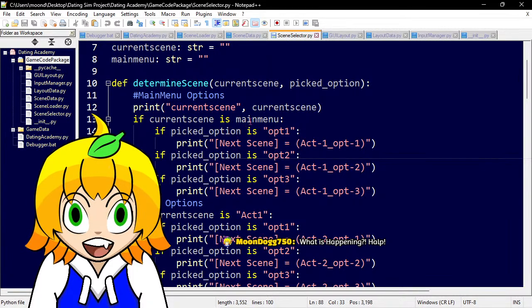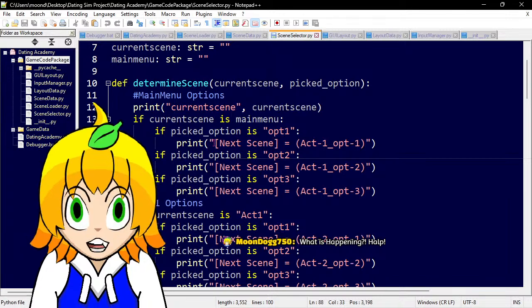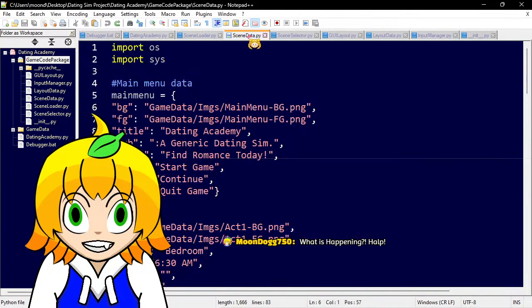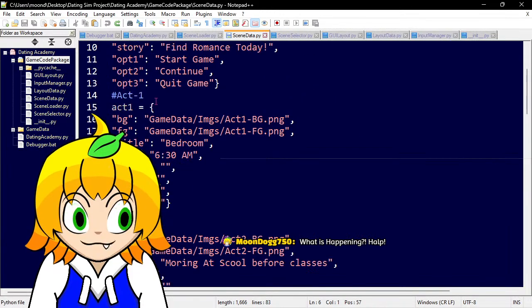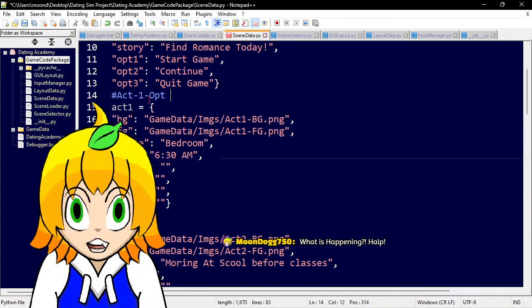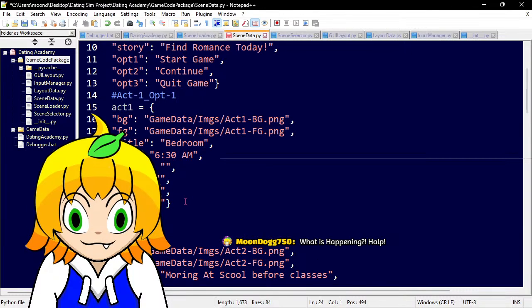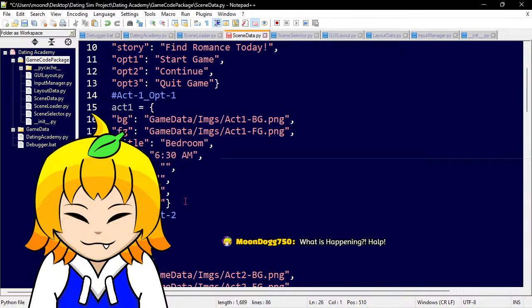If you're in the main menu and you click option 1, the next scene is equal to act 1 based on option 1, which means I'd have to put more scene data for it, act 1 opt 1, and then act 1 opt 2, and so on and so forth.